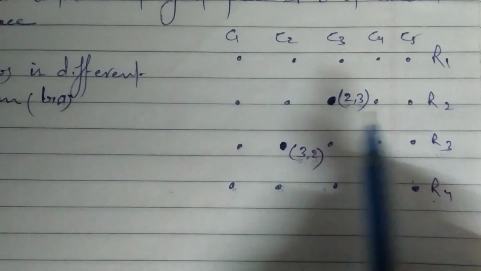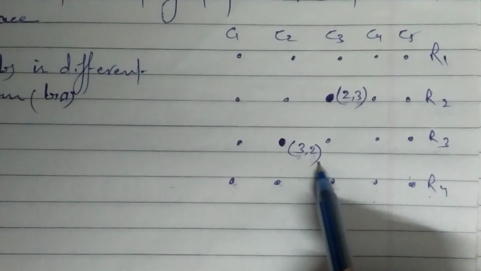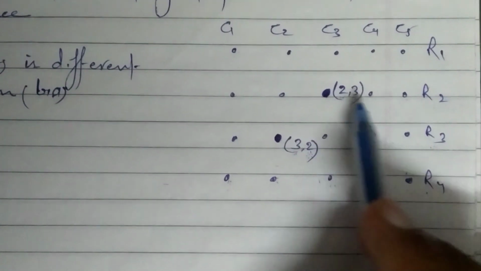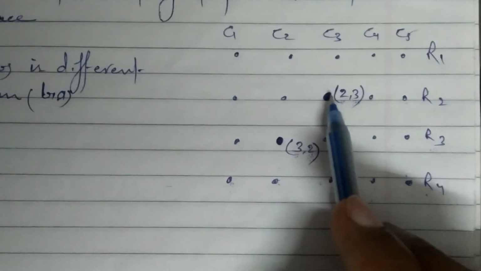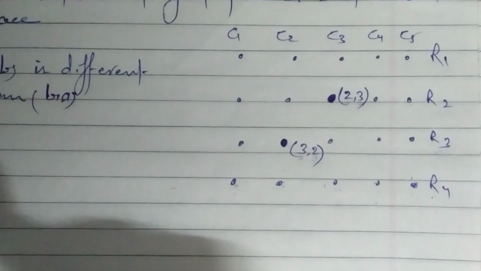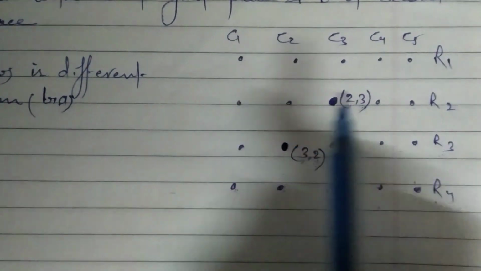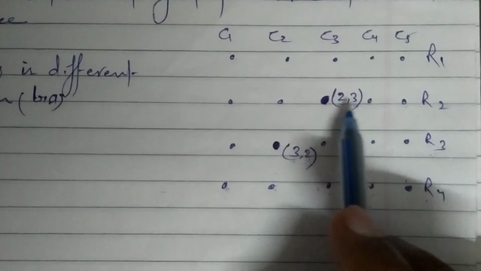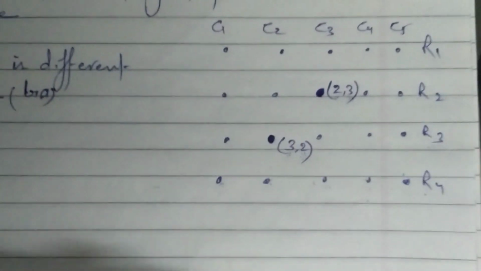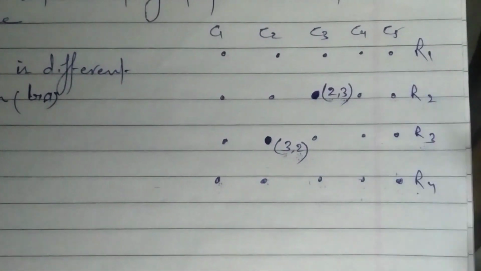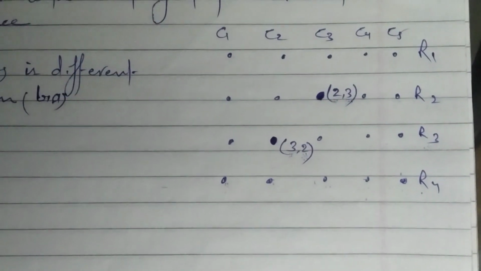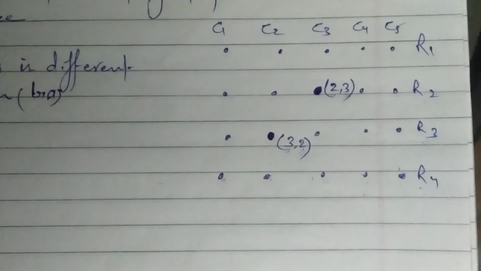Now I hope you understand this ordered pair is different from this ordered pair, because as soon as you change the order of this ordered pair, the position of the seat changes. Fine. And the application, or we can say the use of the ordered pair, is basically to represent the position or location of any point in the plane. Fine. That's why I have taught you the ordered pair.